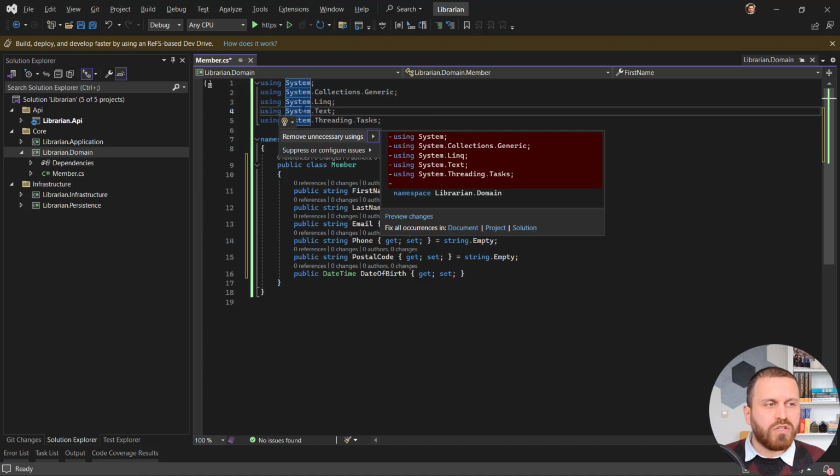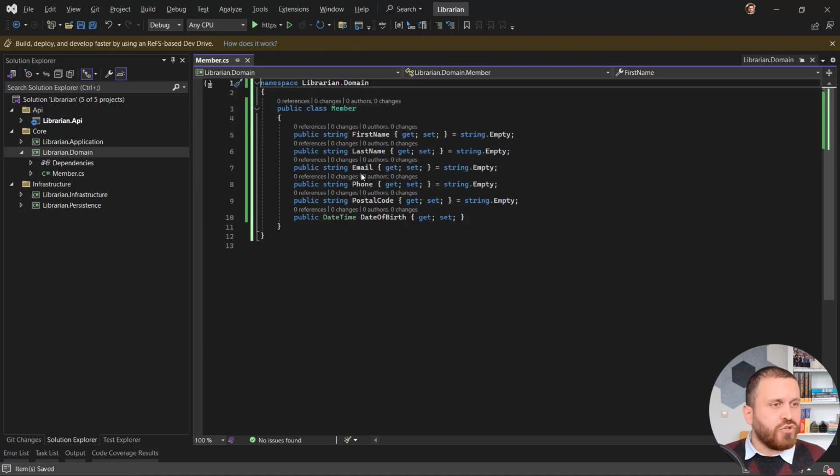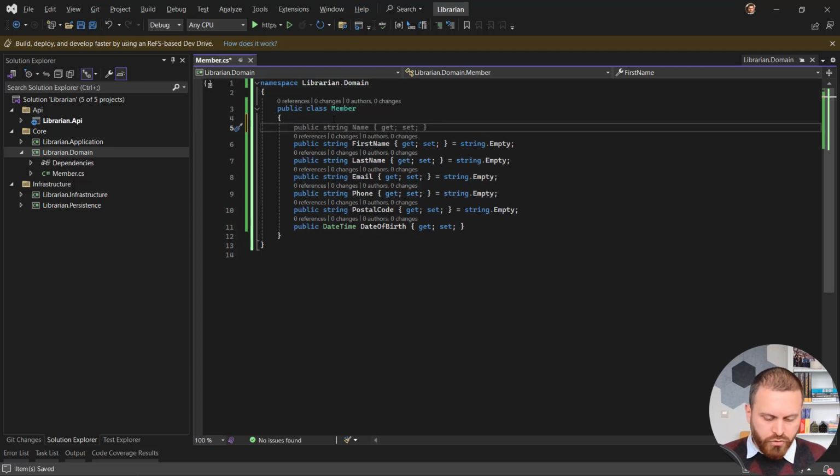I'm going to get rid of all the unnecessary usings. It is the Member class or Member entity that I want. Be careful. When I'm talking about an entity, the class should have one identifier. The class should have one ID. Let's create it. Let's create properties,